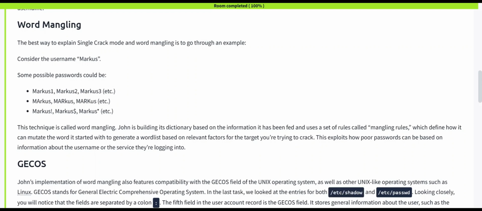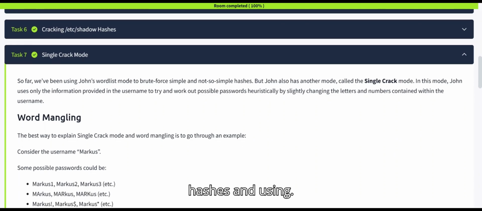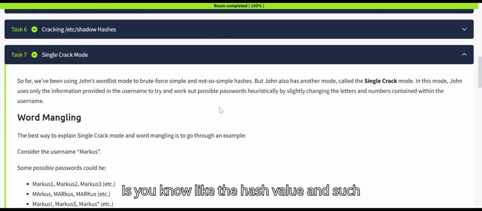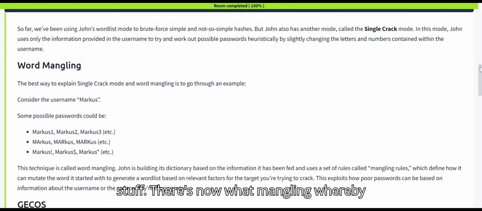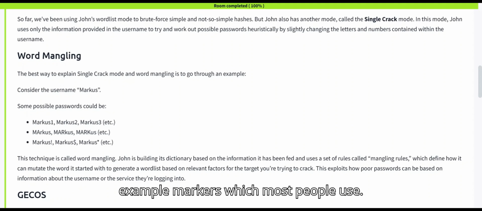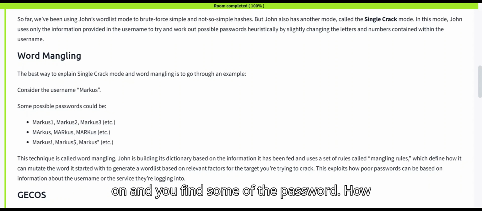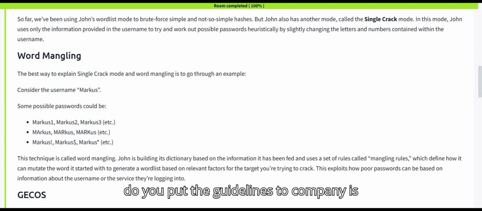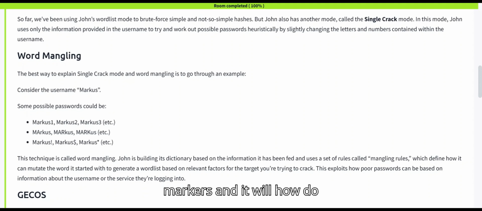Consider markers as the username. So they've said there's another way to crack the hashes, rather than using the hash value and such stuff. There's now word mangling, whereby they're giving you an example, markers, which most people use. That's why people insist on creating really good passwords, because it can be derived from your username. Guidelines for companies are not to use your name, so that you can be protected from such attacks. So the username is markers, and it will